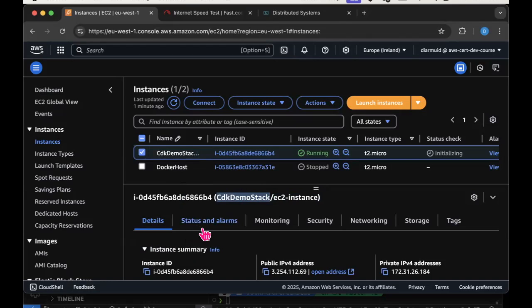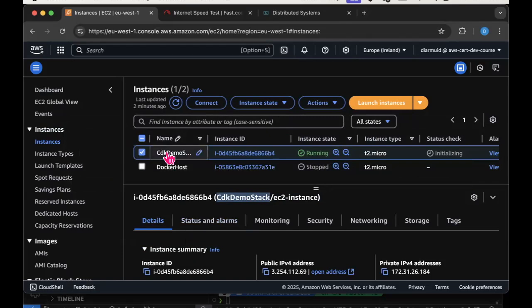Now, supposing I want to change the state of my stack. I want to make some changes to it. A simple illustration of that, and the next part assumes that you know a little bit about EC2.